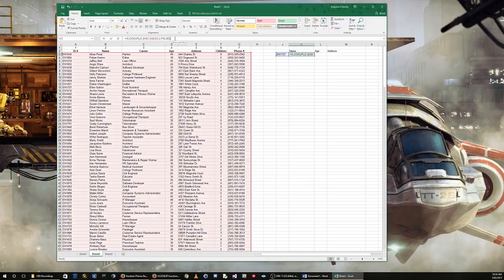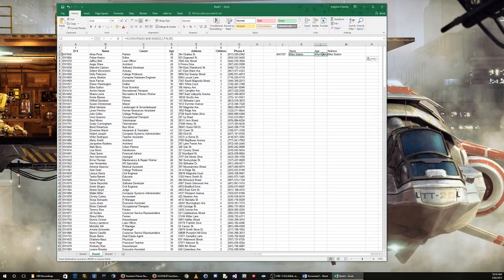Now this is also where using arbitrary or absolutes helps. As J3, that way it will always reference that. So let's just copy this,